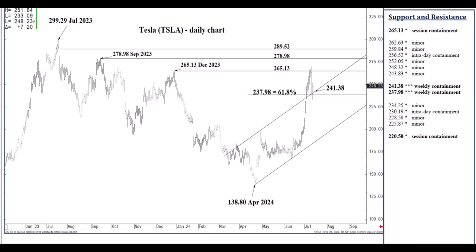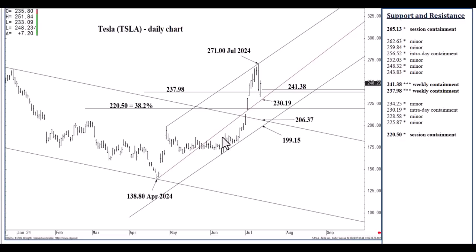If we close below 237.98, you could reverse entirely. Let's take a look at the day chart on the way down. We do have a rising 1/3 speed line at 230.19. So if we break 237.98 today, 230.19 is in reach, and if we close today below 237.98, we have a 1